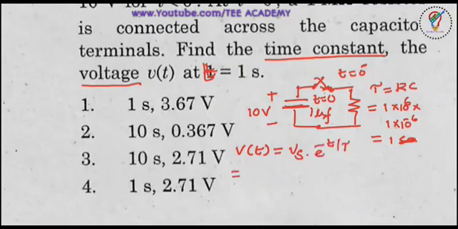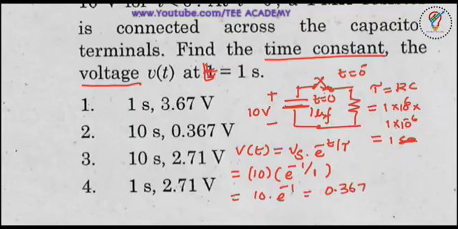Now Vs is the supply voltage. How much is it? It is already 10. Now e power minus t by tau, where small t is 1, and the tau value we found is 1. So it is 10 into e power minus 1 by 1, which is e power minus 1. As we know, e power minus 1 means